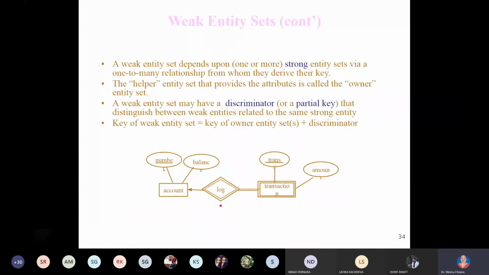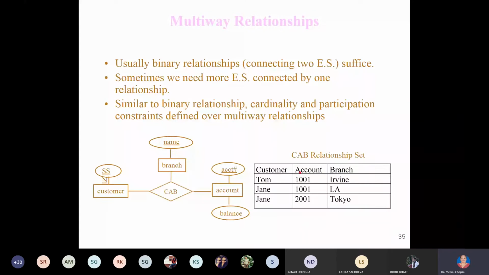ये हो गया आपका. Then account has a primary key. This is the strong, and these are all your partial keys and all other. So this is same. Other than that, same here. I think account hai, branch hai. Similarly, account relationship is there. Branch, customer, and the account. Account has a primary key. Same here. Branch has a name that becomes your unique key or a primary key, and here customer. So these are your relationships.